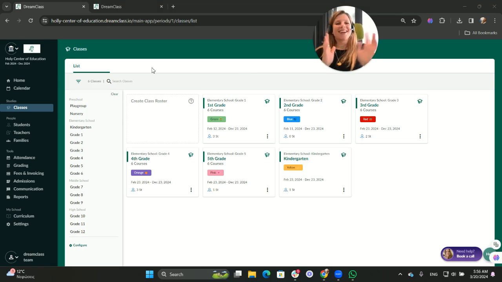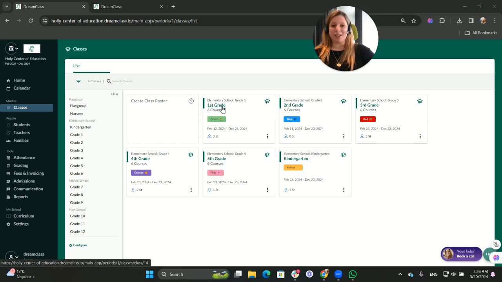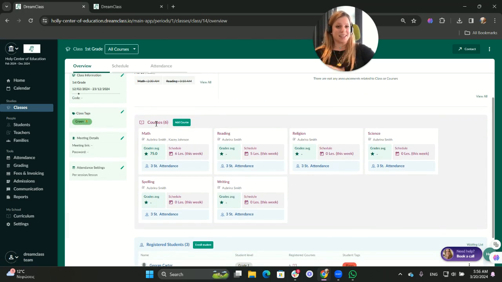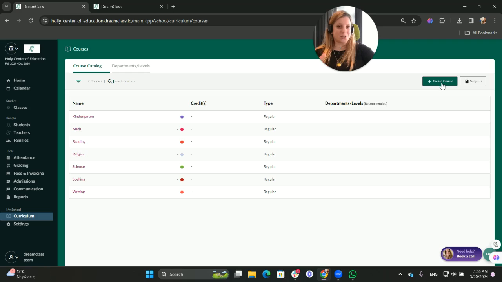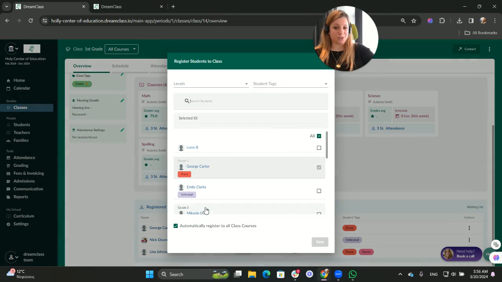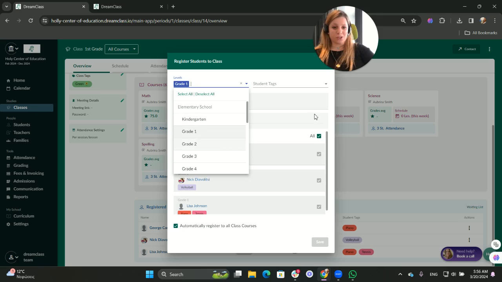Next up is class rosters and our dear students and how all of this comes together. In DreamClass, we're managing your groups of students into rosters. So if we want to see the first graders, we're going to click first graders and we will be able to see all the courses that they take. The courses are highly customizable, so if you would like to create your own, you can click Add Course and assign it to the first graders, or simply go to the curriculum and add a new course right here. If you would like to register new students into the first graders, you can do that by scrolling down here where it says Enroll Student. You can select to find all the first graders and just hit Save,